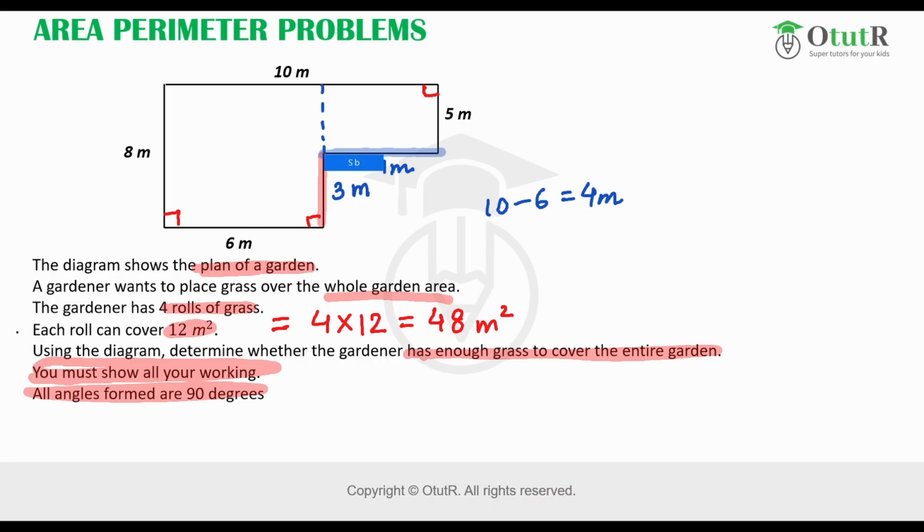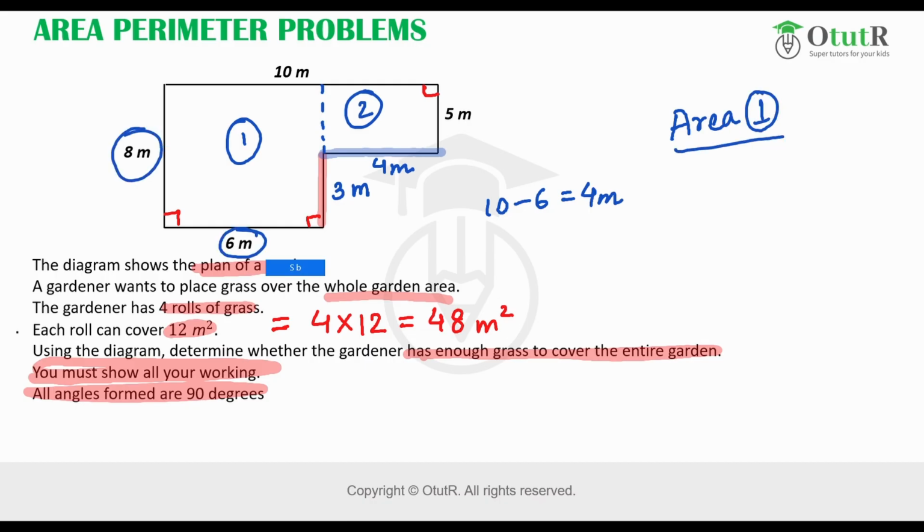If we divide it like this, so this is rectangle 1 and this is rectangle 2. Yeah, so we can separately find the areas of the two rectangles and then add them up. So let's do that. The area of rectangle 1 is nothing but we have to multiply these two, right? Because that's length and breadth, or length and width. We get 48. Then the area of rectangle 2,